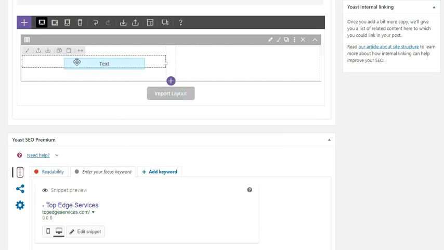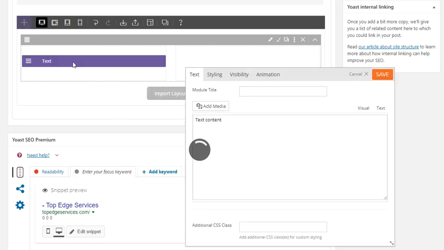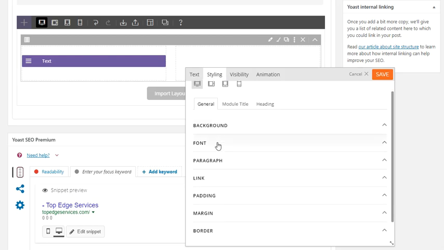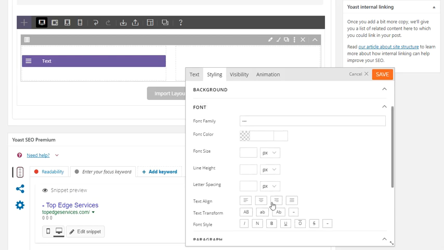So I just clicked on it and I dragged it right up here. And now I can add in the content. I can just add in whatever I want. I can make it bold. I can make it italic. So I have the WYSIWYG editor right here. But I also have this styling right here where I can say, well, I want the font to be this color. I want it to be